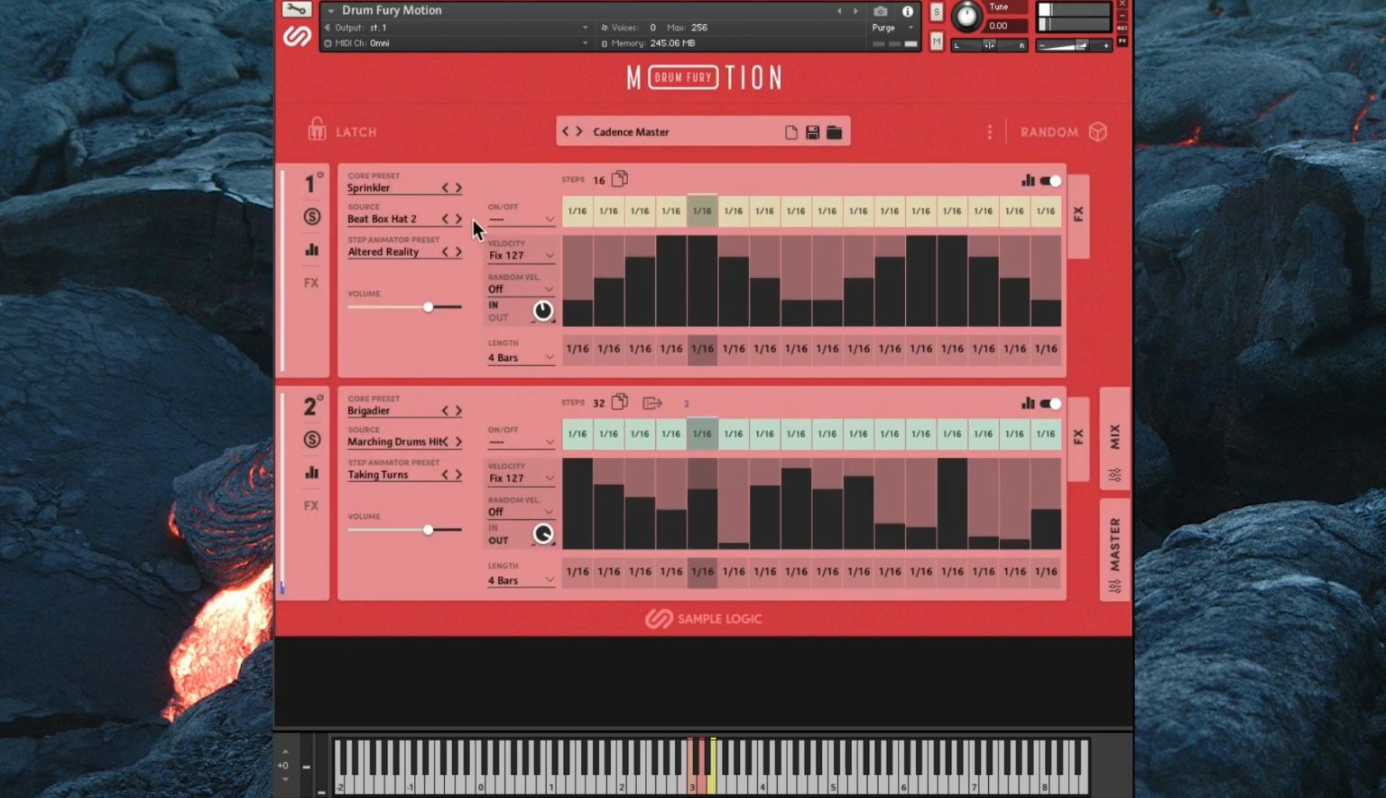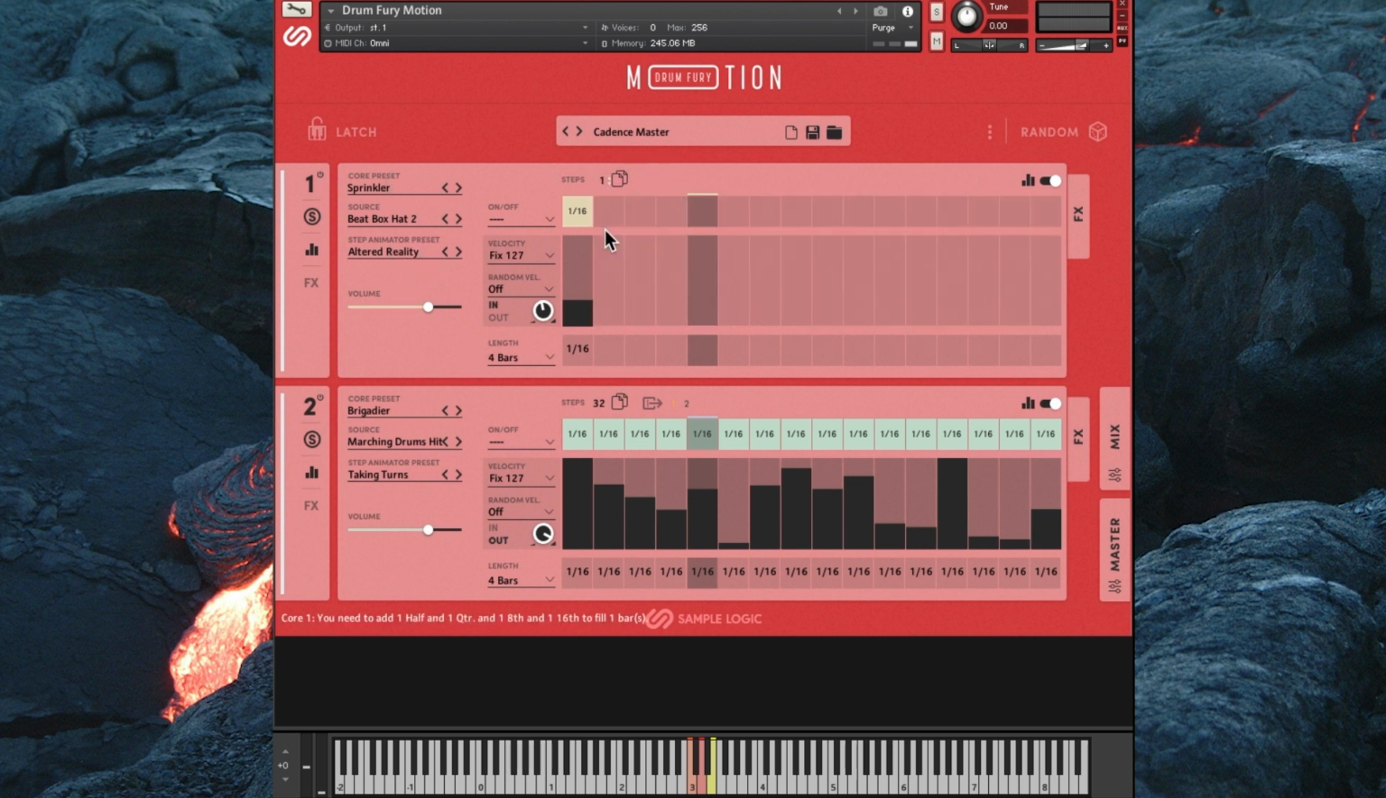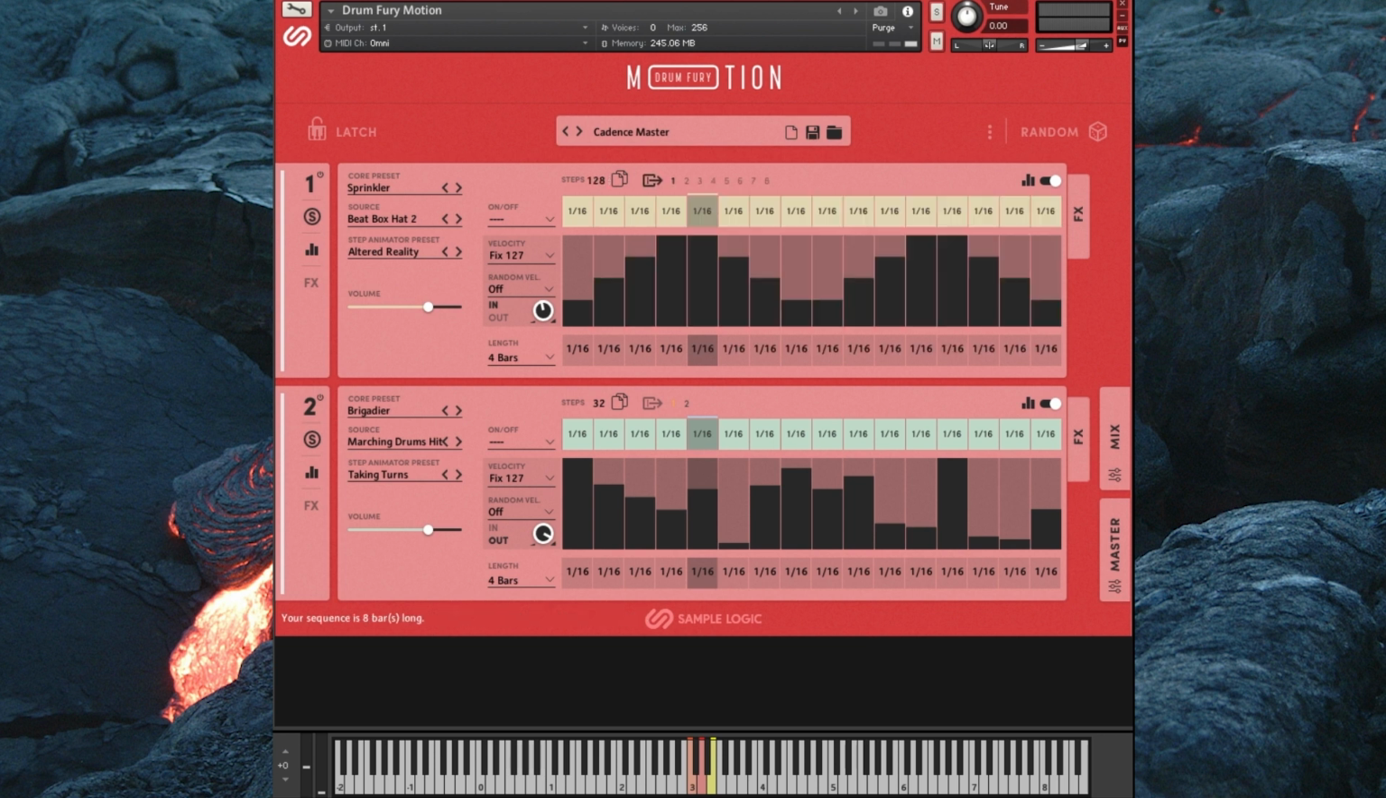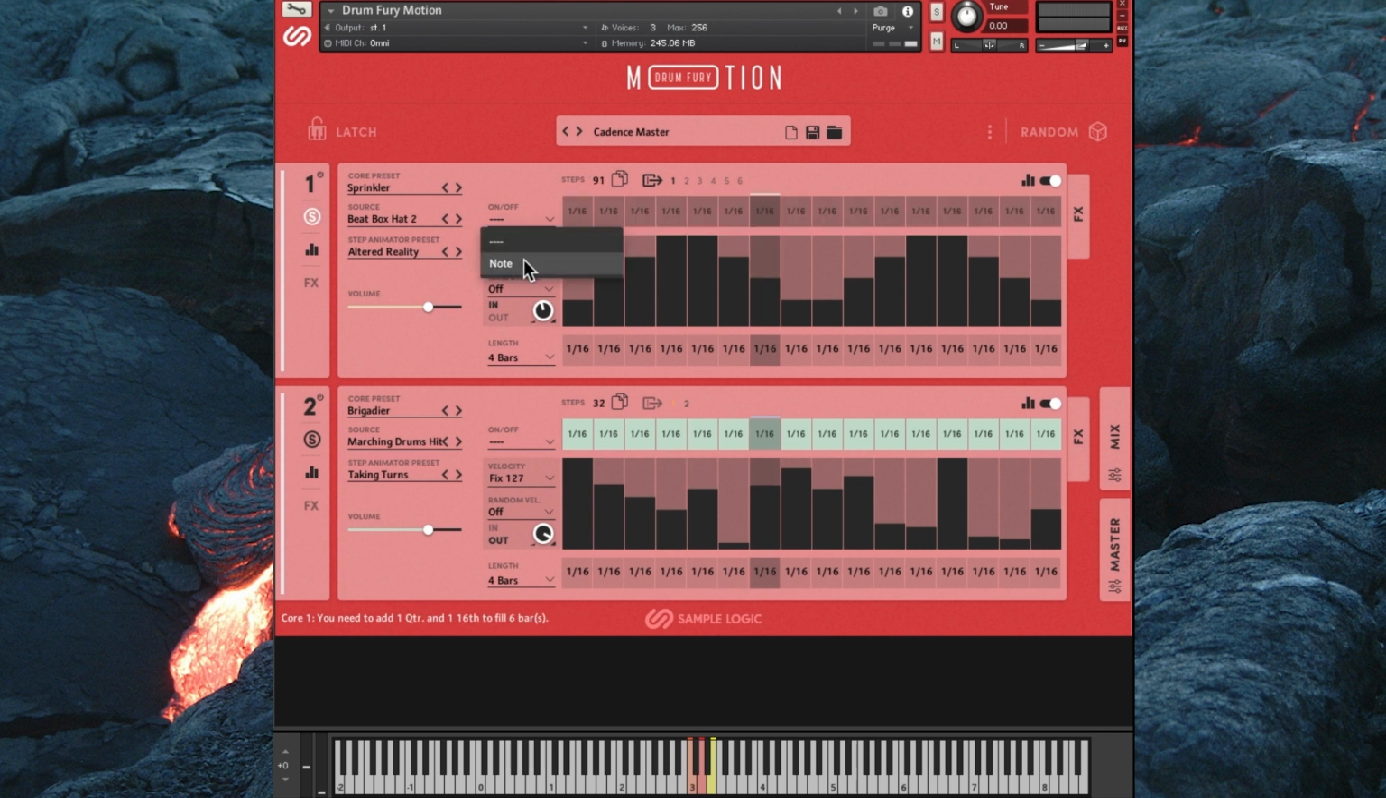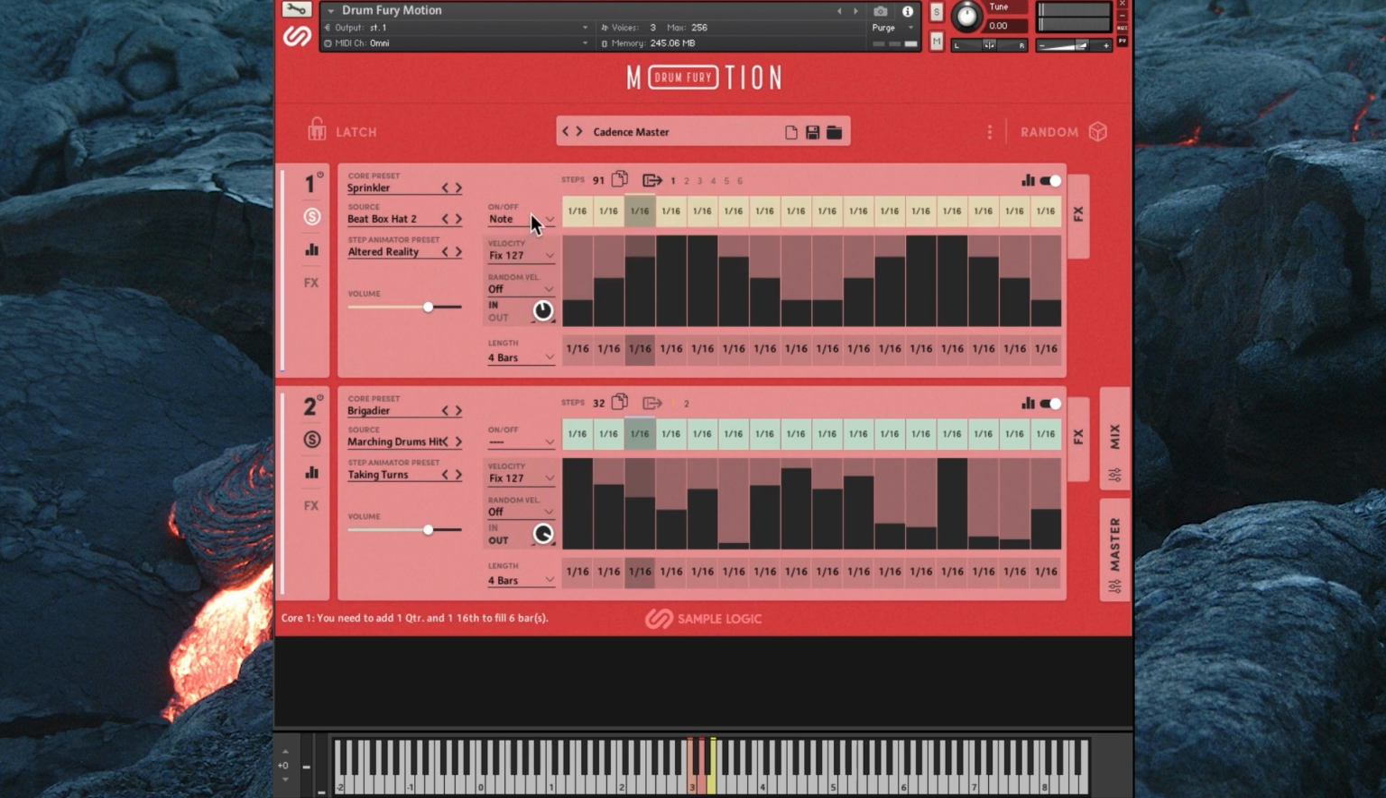Let's go to a quieter preset here. We're going to use Sprinkler. So you have all those different presets there. With the steps, you can go anywhere from 1 all the way up to 128 steps to build out your sequences. You have the option here to turn the step sequencer on or off. So if I turn it off,